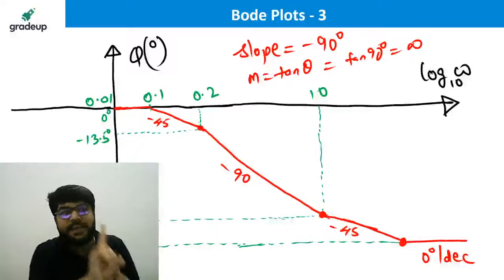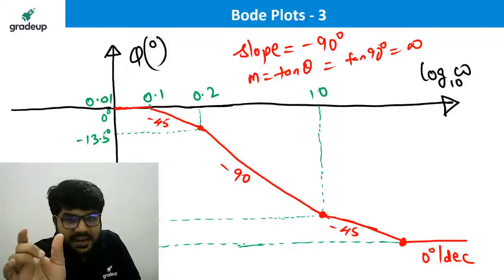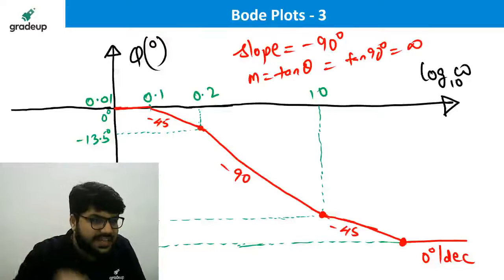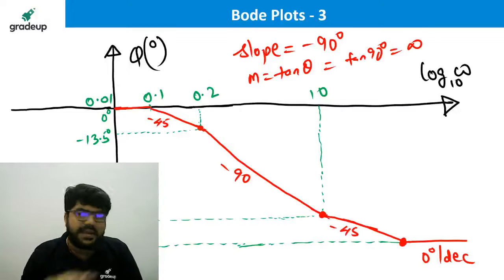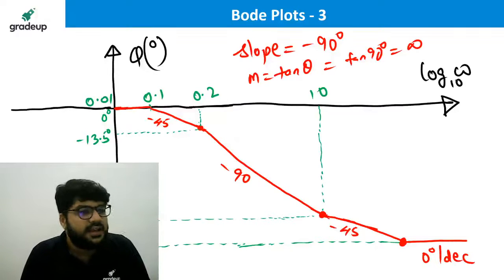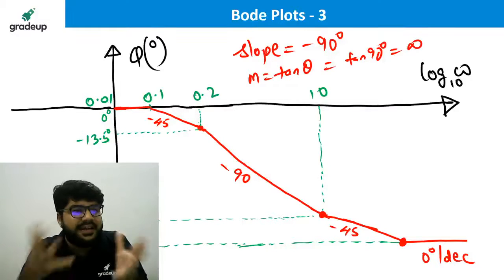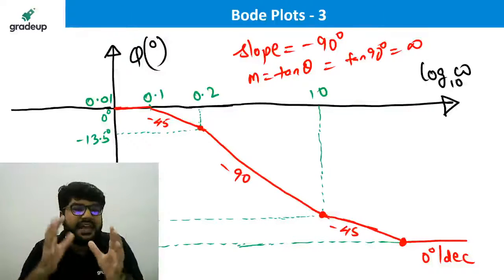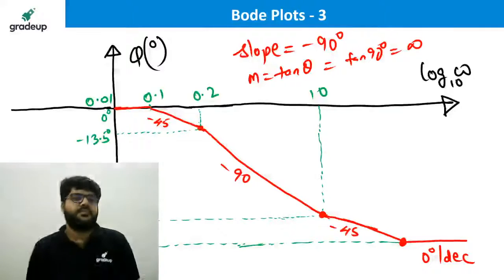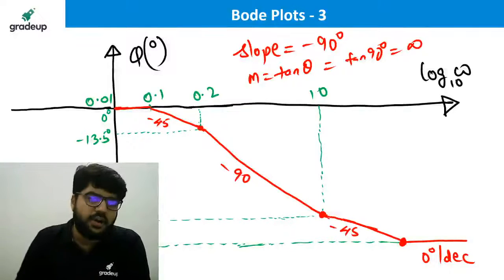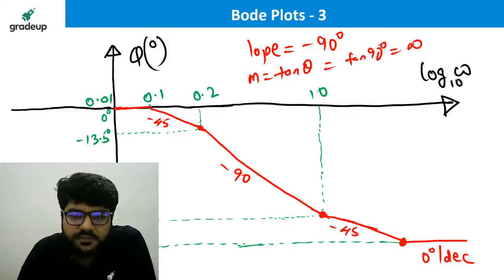So what is the difference? You are thinking that 90 is some angle subtended by the line with the x-axis. How do you calculate the slope? M equals tan theta, where theta is the angle subtended with respect to the x-axis. So I have not told you that 90 is the angle. 90 is the final value of the slope itself. All right, I hope those who had that confusion have got it.